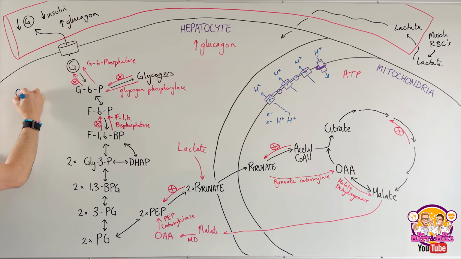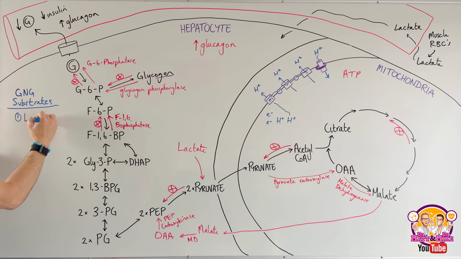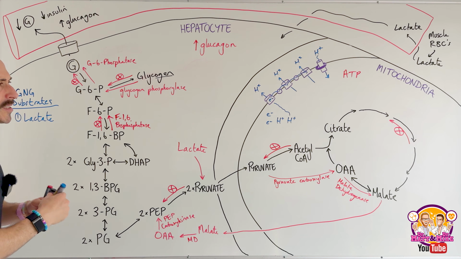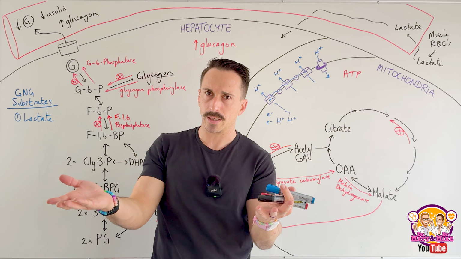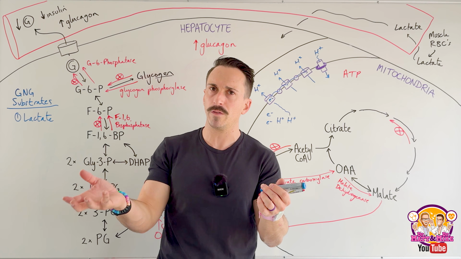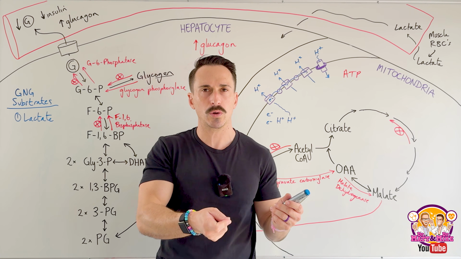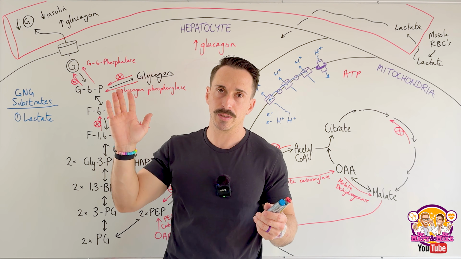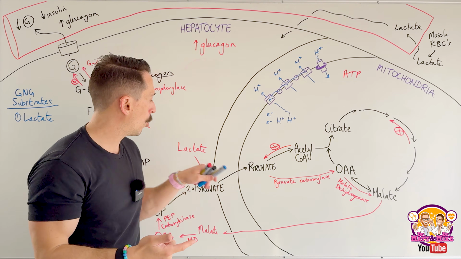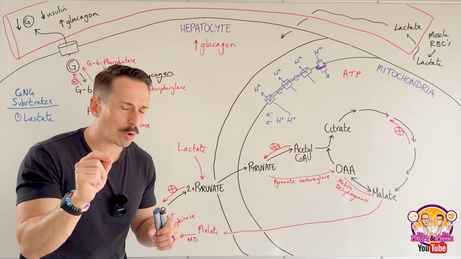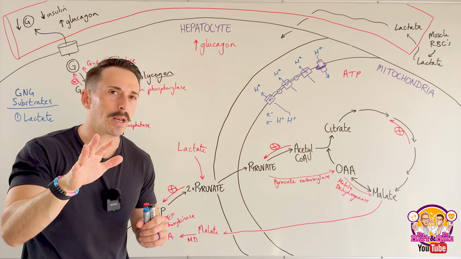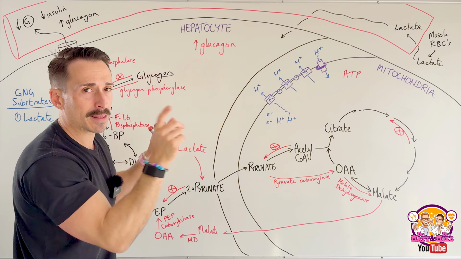Okay, so we've got gluconeogenic substrates, right? Number one, lactate. Lactate is a very important gluconeogenic substrate. Let's take that word, gluconeogenesis, right? Read it backwards. Genesis means the beginning of, neo means new, gluco means glucose. It's the beginning of new glucose. We are making glucose from non-carbohydrate based sources, amino acids and fats, and we just showed one of them. Importantly, really importantly, the only structure, the only organ undergoing gluconeogenesis is the liver, and that's going to be important